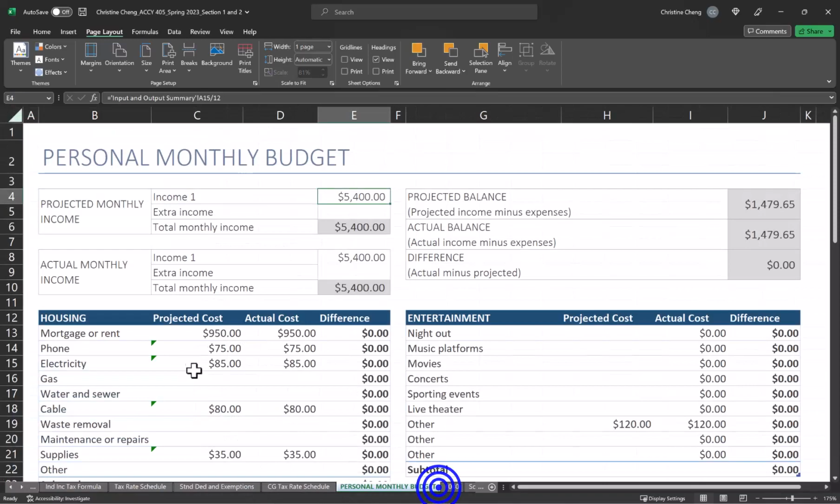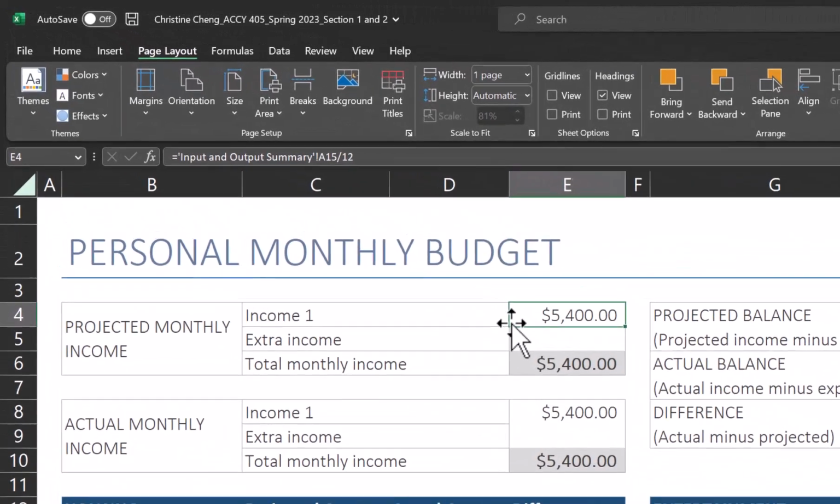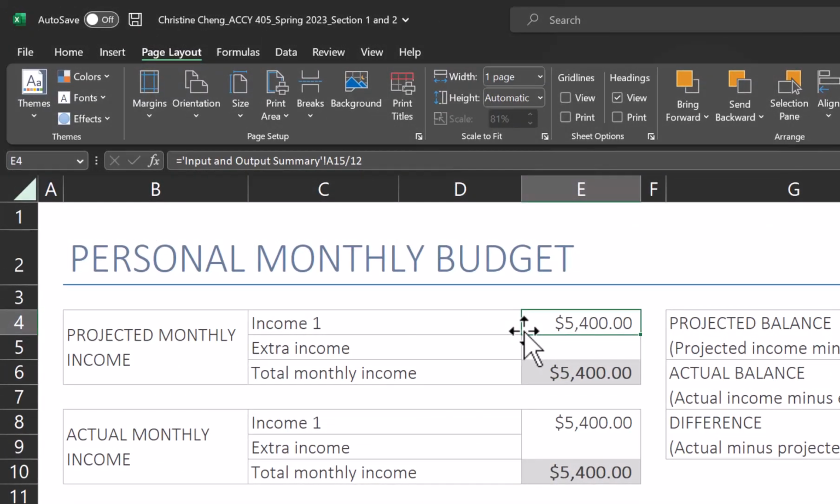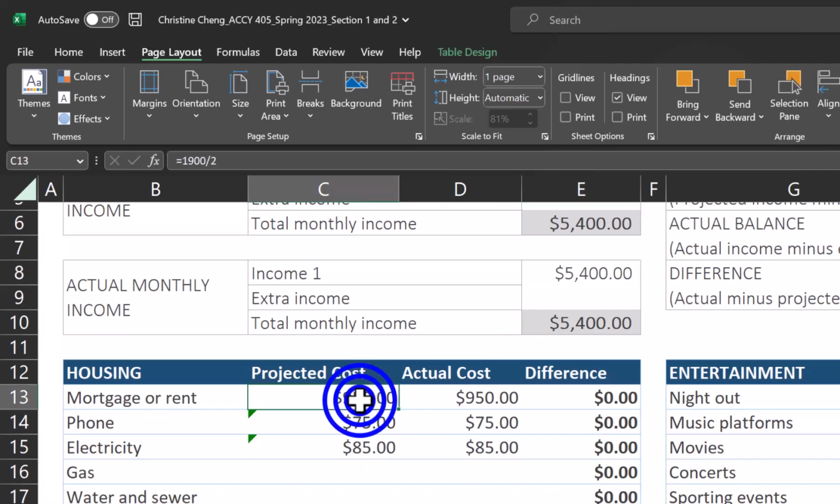Now that I have those set, we can go back to the personal monthly budget so you can see how this works. I got the income by referencing the Input-Output Summary tab and dividing it by 12, since this is a monthly budget. I set the actual monthly budget equal to the projected monthly budget. Several of the expenses required you to do some manipulation to get the appropriate cost. For example, the monthly rent was $1,900, but since Amani was going to split this with one other friend, he would only have to pay